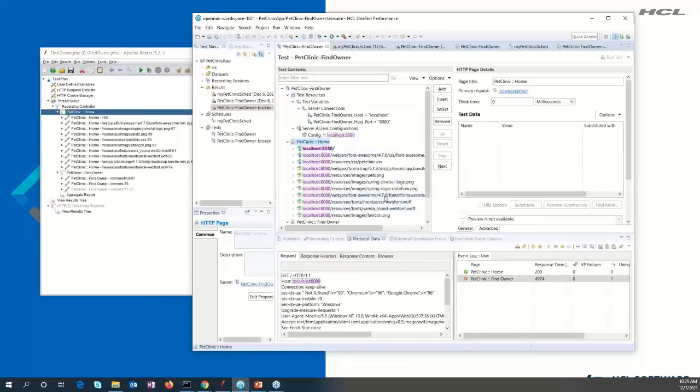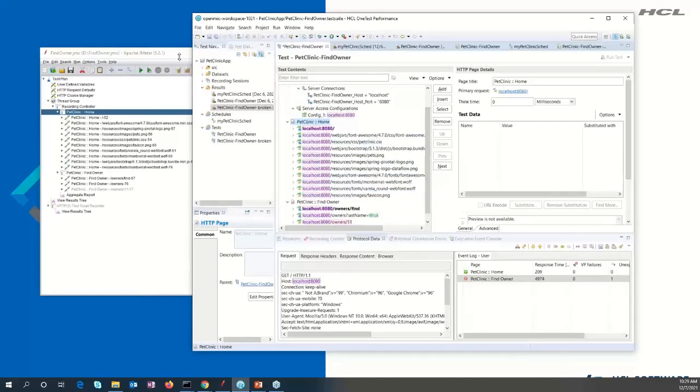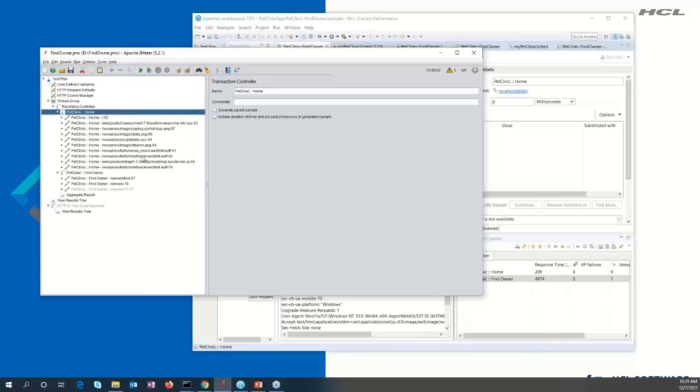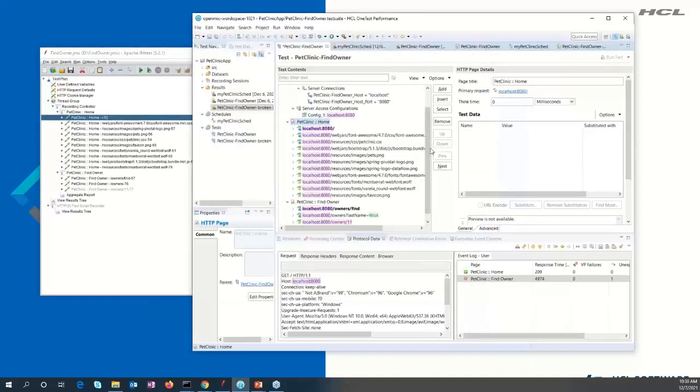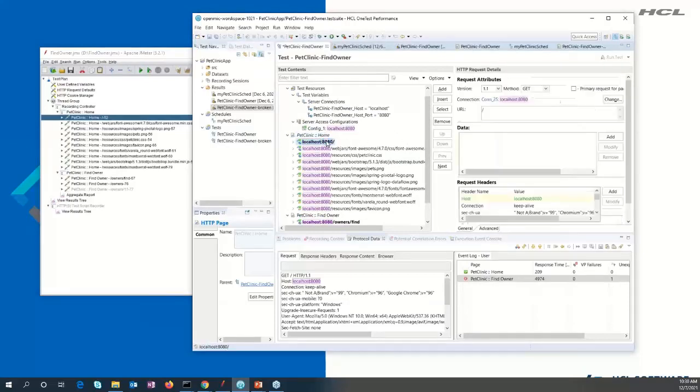Now, one last part that I wanted to talk about as far as scripting itself goes is, if you look at Apache JMeter, you see that all the requests are put inside your transaction controller with no order of priority, if you will. So there is basically no linkage between these resources, right? It's just everything is flat, unidimensional. All the requests are there inside it. That's it. Whereas in OneTest Performance, you'll see that one particular request in each page is showing up in bold,